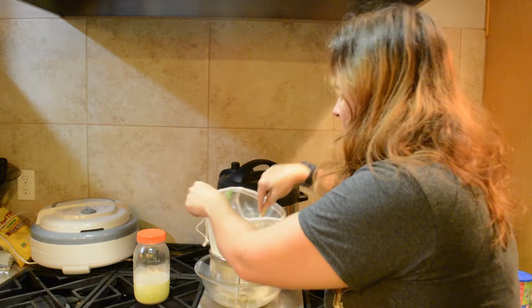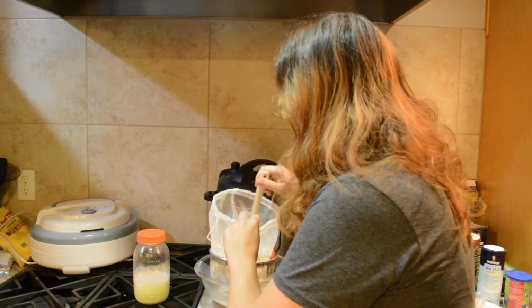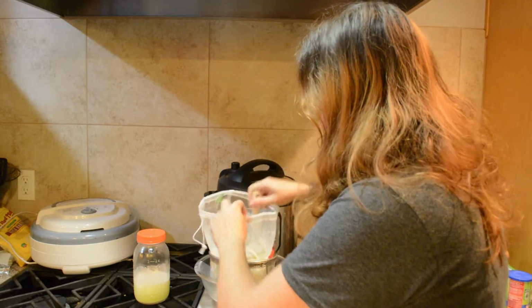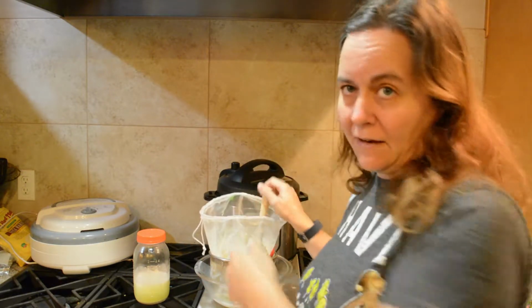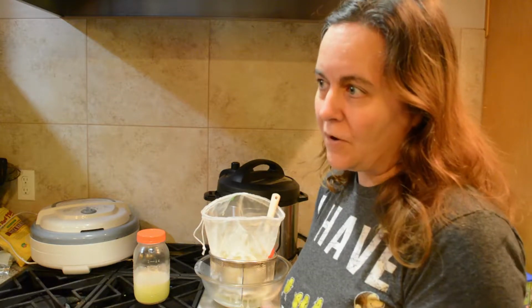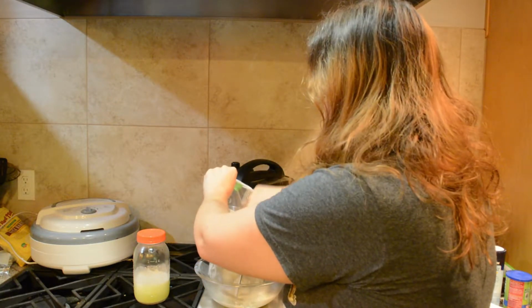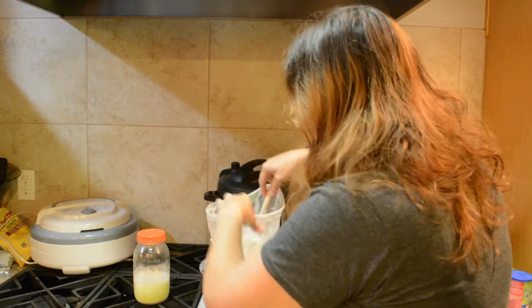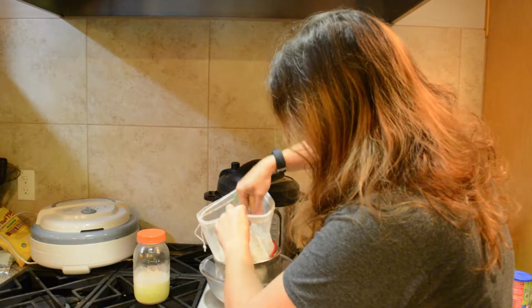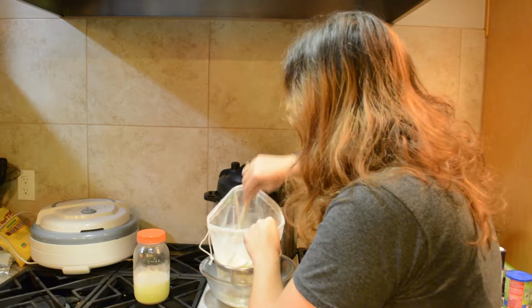more like a traditional yogurt where it's not too awful thick, then you can probably stop around this point where it's just pretty loose. I like my yogurt to be more of a Greek yogurt consistency, if not even thicker than that. So I do strain off a lot of the way. And so for me, I will just take my scraper and scrape down and just try and get a bit